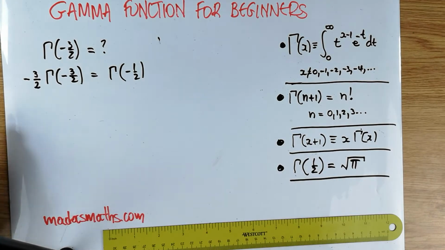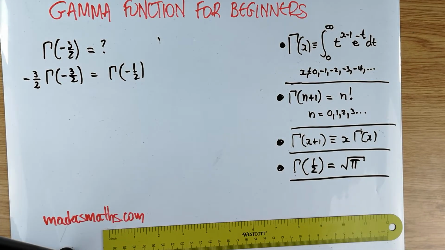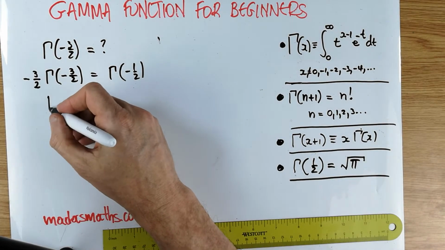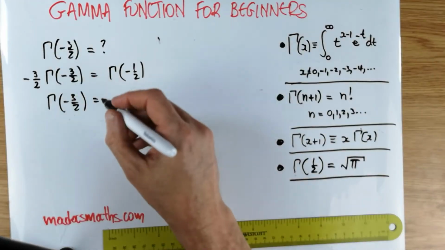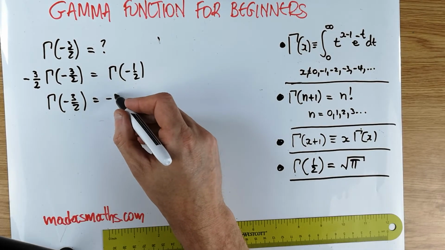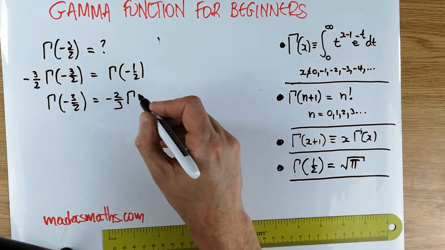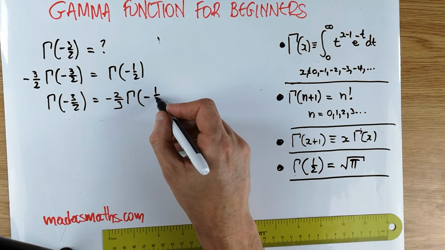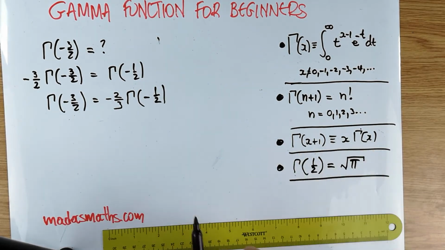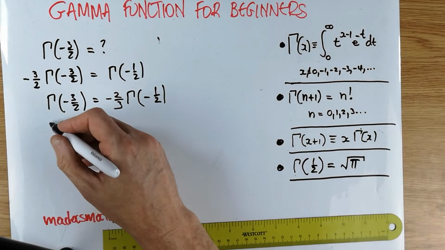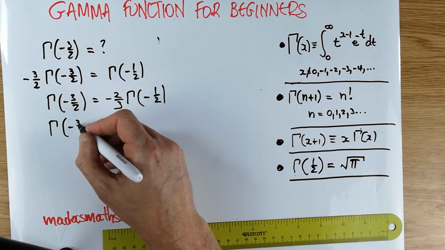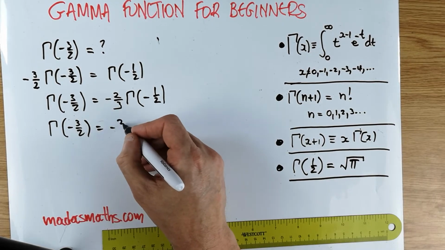Okay, so I can definitely say from this particular line that the gamma of -3/2, I'm going to multiply both sides by -2/3. It's the same as that. Perhaps I should have really rearranged this relationship and worked with that. I didn't think about it. Now it's too late. Okay, doesn't matter. So at the moment, I can actually say, okay, the gamma of -3/2 is equal to -2/3